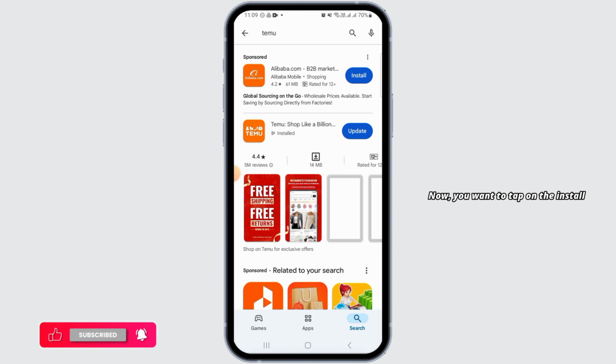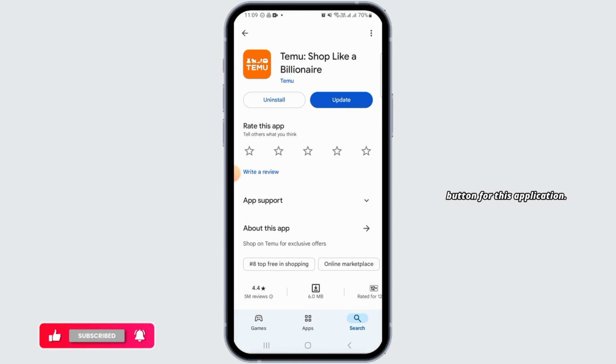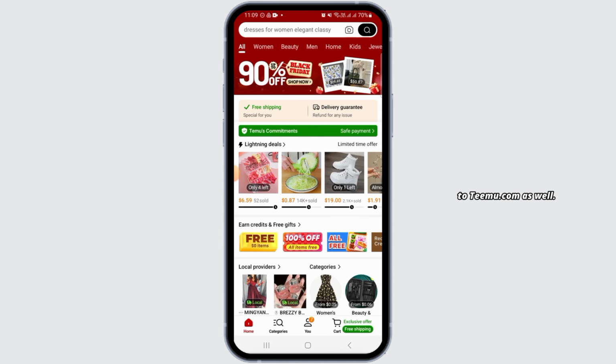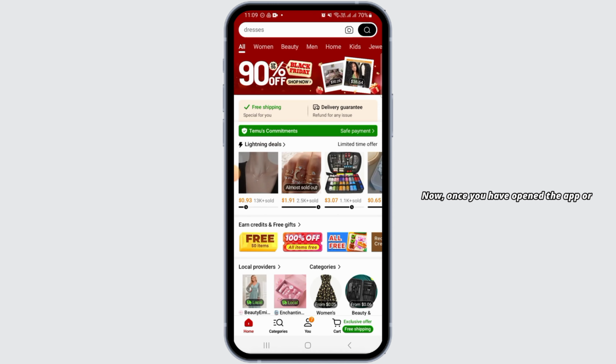Now, you want to tap on the install button for this application. If you do not want to use the app, you can open up any web browser and head over to temu.com as well. Now, once you have opened the app or website, you want to log into your account. Once you have been logged in and if you are facing problem with the Temu affiliate program, then what you